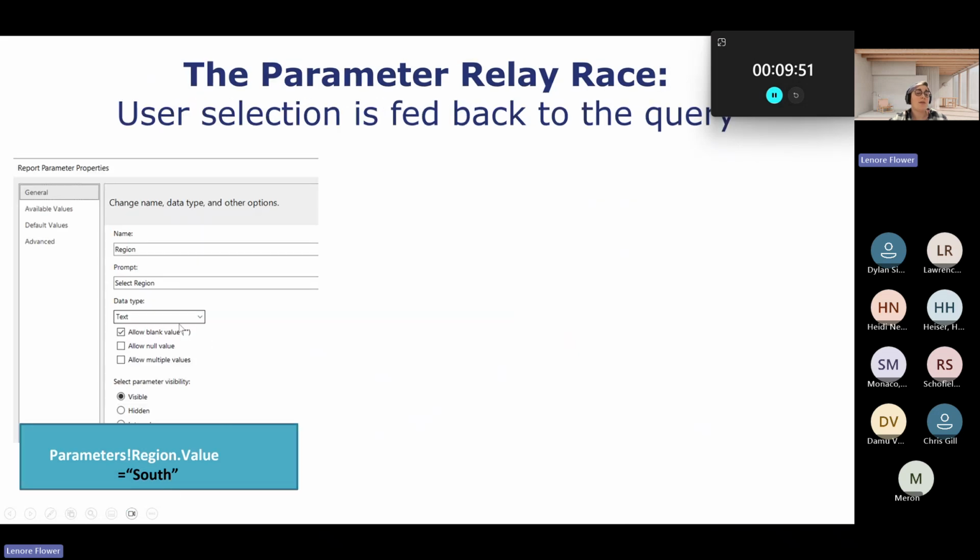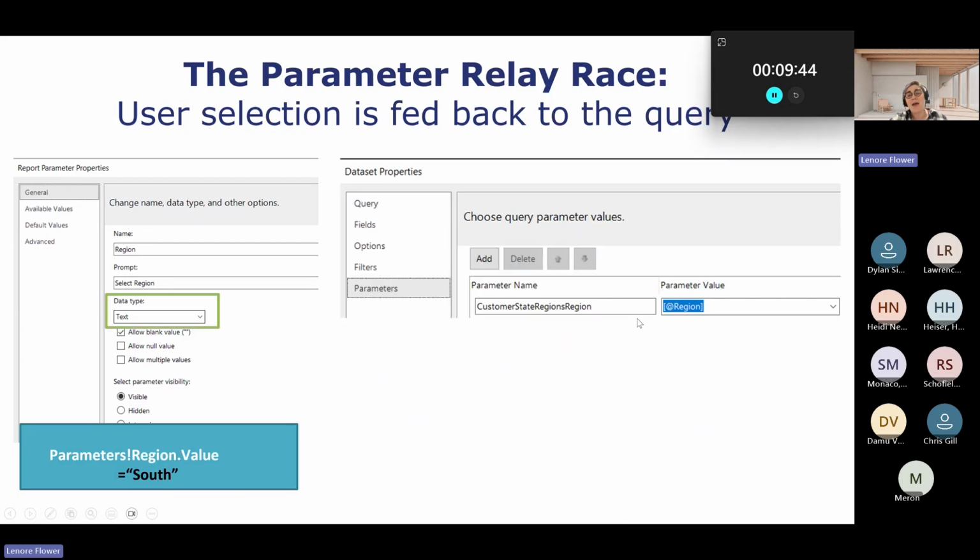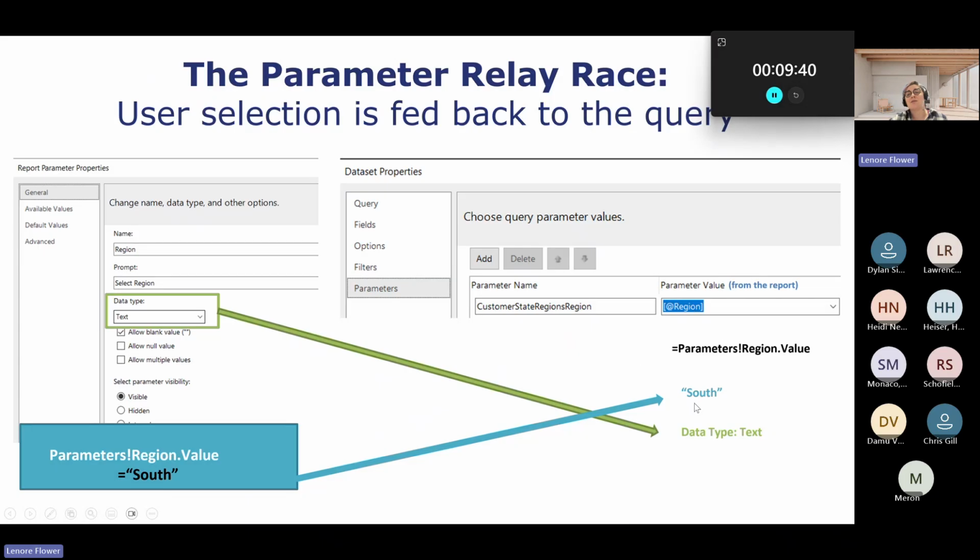That equals south value gets the flavor of the data type from the report parameter properties, and that also gets passed back. This parameter value at region has two key things that are coming back with it into the Power BI semantic model: the specific value or values that are being carried back from the report selection, and that data type text.